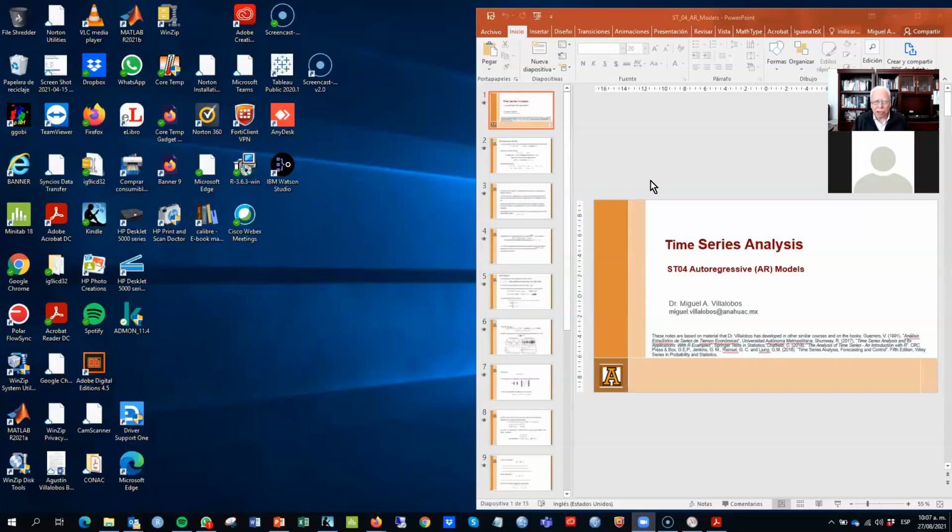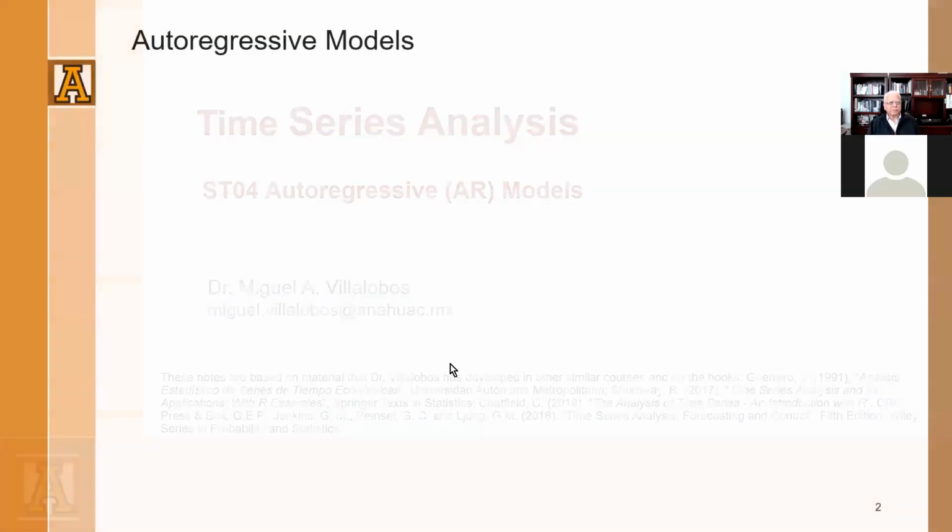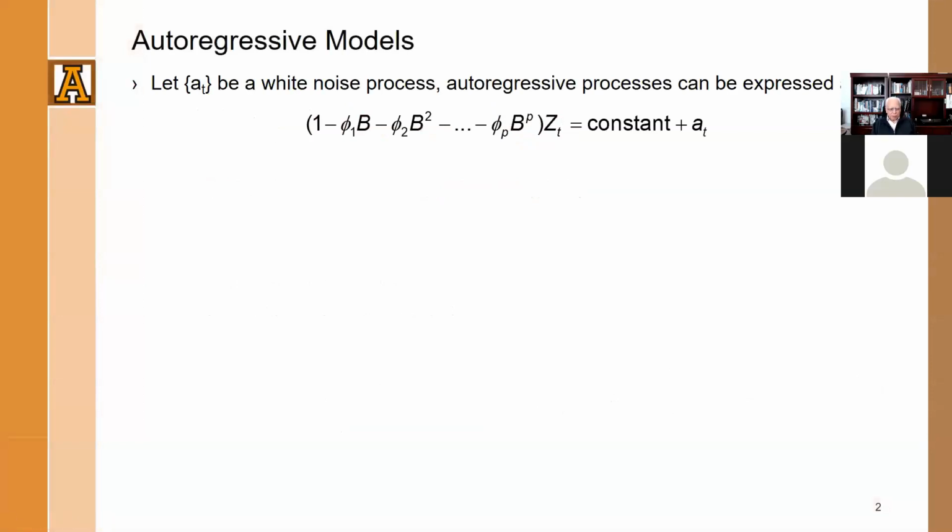Okay, we're going to start talking about autoregressive models. Let's again assume that A sub t is a white noise process that has constant variance. A_t has mean zero and constant variance, and an autoregressive process of order p is going to be written as